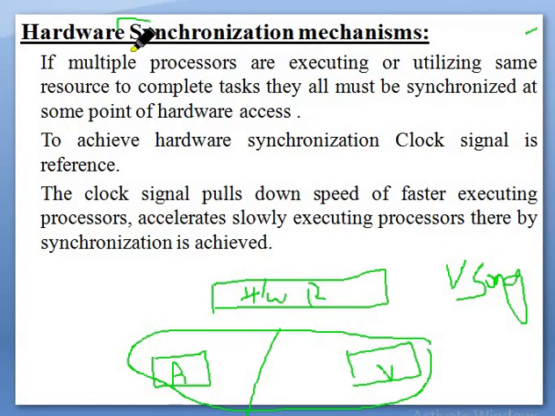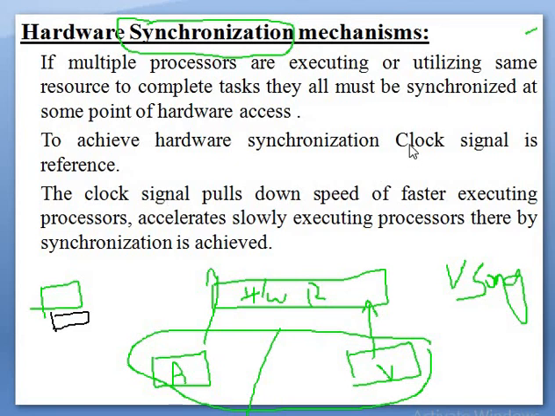How do we achieve synchronization? If we don't achieve synchronization, what happens? Audio may be processed faster than video, so we feel like audio is fast and video is lagging. Most of the time we feel this on the internet. But in reality, whenever we play a song on a computer, we feel like both are together, that means synchronized. How is it done?